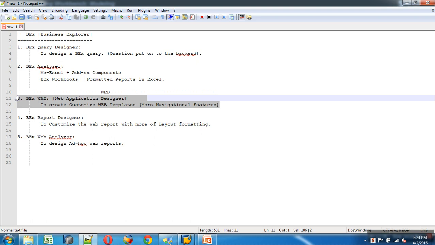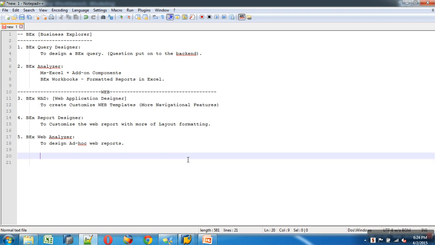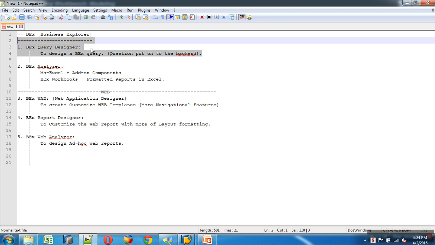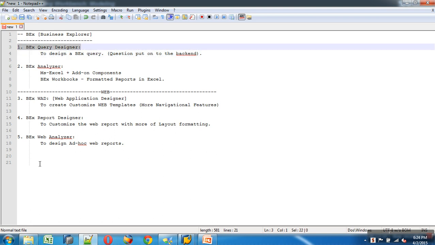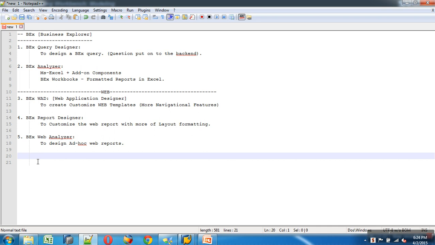It is actually a replacement for WAD. The new tool has come. So our focus will be on what? Now this one. That itself will take some 1 week.